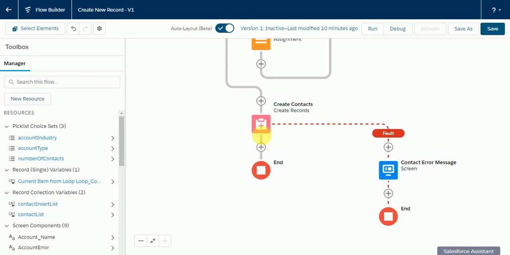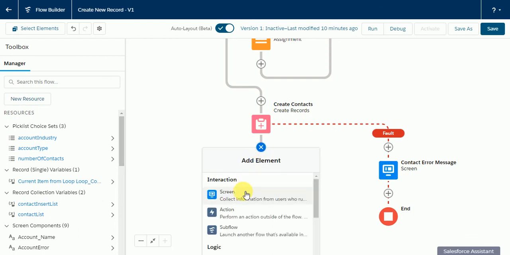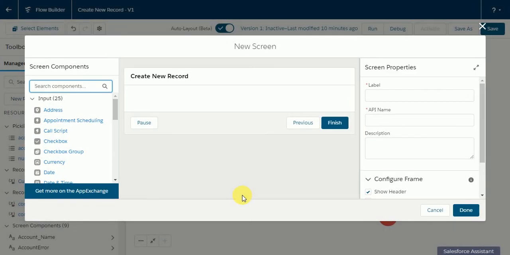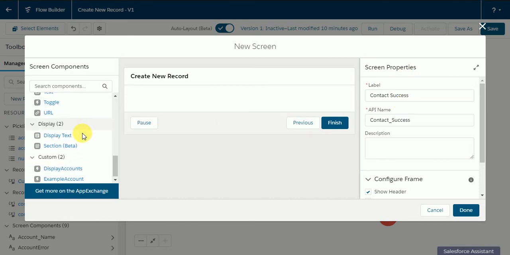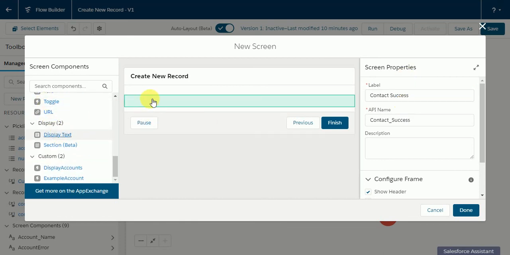And if contacts are created successfully, then this loop will be executed. So here I'm going to show a success screen which shows me a message like record inserted successfully. So I'll just name this as contact success, and similarly I'm gonna add another display text activity.